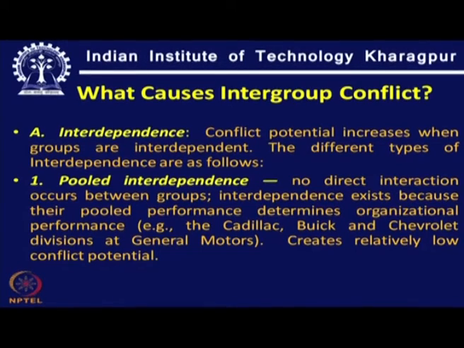Now, interdependence may be of various natures, and broadly it is classified under three headings, which is called pooled interdependence, sequential interdependence, and reciprocal interdependence. In pooled